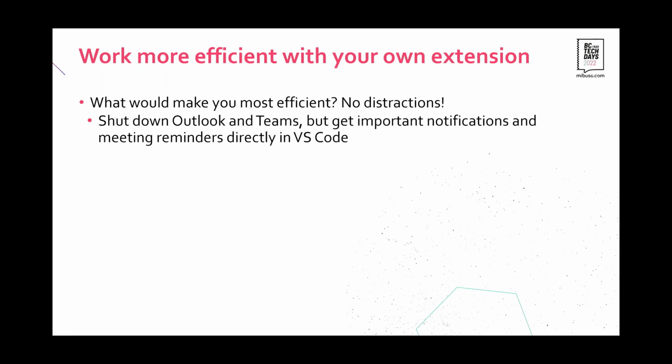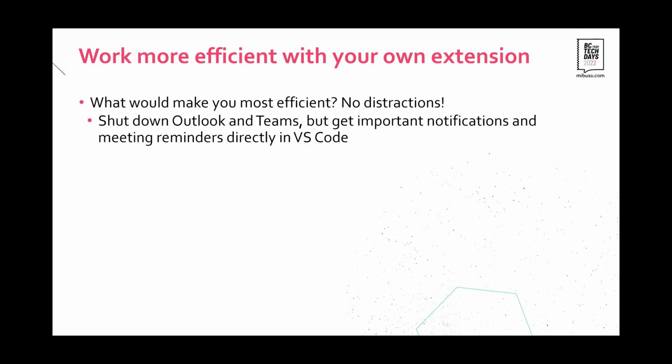So how could we work even more efficiently with your own extension? Well, at least for me, what is the most efficiency blocker is distractions. So wouldn't it be nice if you could just shut down Outlook and Teams, but still get the important notification and the reminder that there is actually a daily stand-up or whatever that is happening, but removing all the rest of it? Unfortunately, this is currently not possible, at least to the best of my knowledge, in Visual Studio Code,